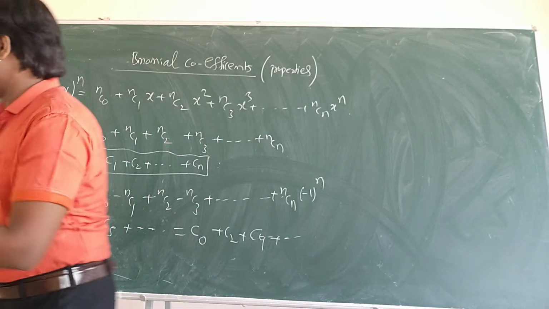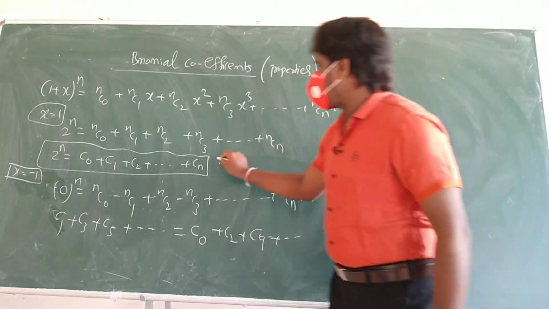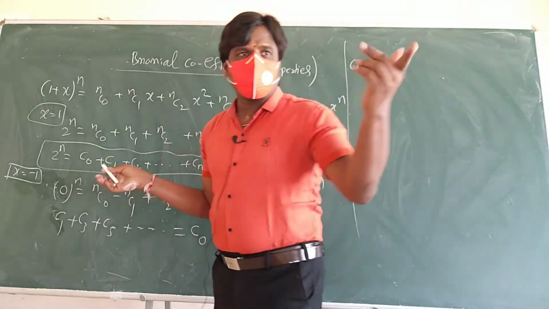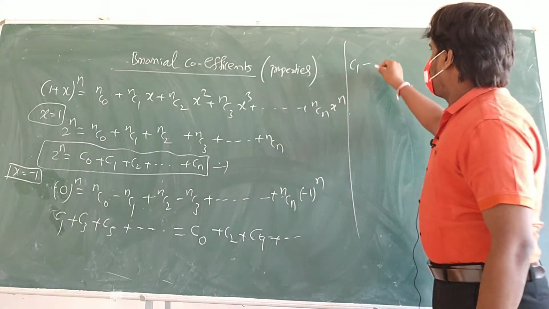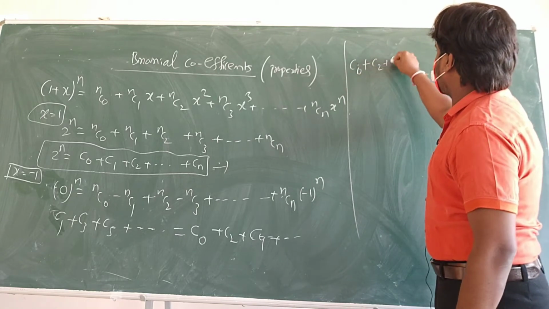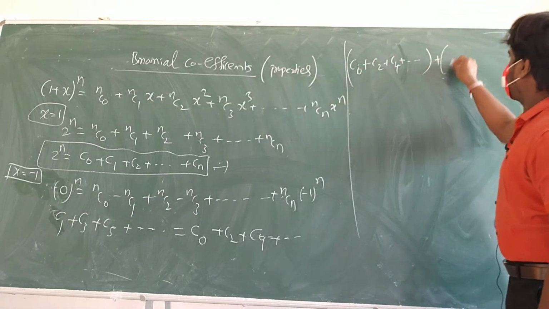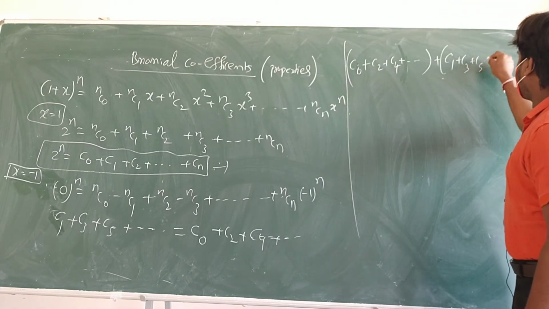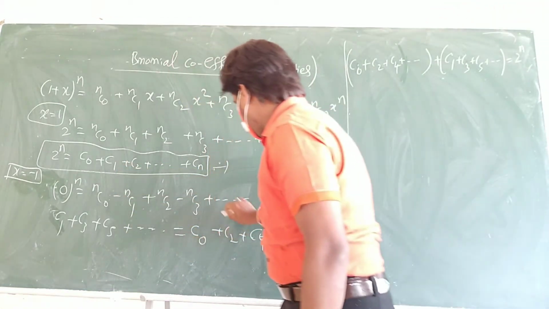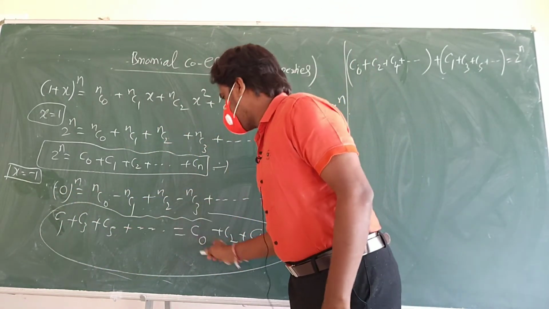Right? So what we write here: C1, if you substitute here and separate, I already explained, I don't need to explain it again, but you did not watch, so I am explaining once more. This one I can expand as C0 + C2 + C4, one combination, plus C1 + C3 + C5 and so on, the other combination, equal to 2 to the power n. So both of these are the same.